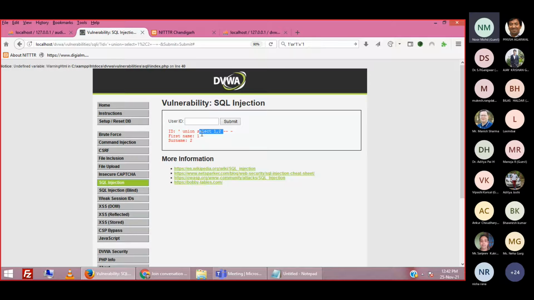So what are we extracting? We are extracting 1, 2. Whatever we write here in place of 1, 2, it will fetch according to us. The query will not fetch the data according to the developer. Now this SQL statement, this page, will fetch the data asked by the hacker.